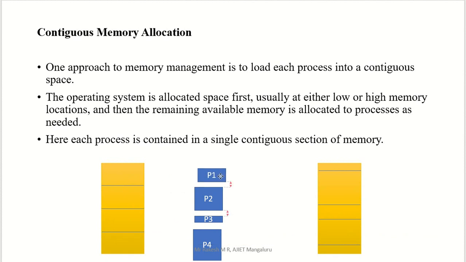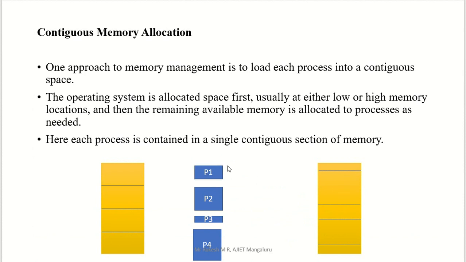That is my option. If you go for the MVT concept, this process I can't put in the first block, and you can tell why. You can see the block size is small, and this process size is large. Can I put it here? Yes, because the process size is small and the block size is high. If the process size is the same as the block size, yes, it is also possible. But here it is not possible, right? So this is the allocation process. We are going to allocate into memory.